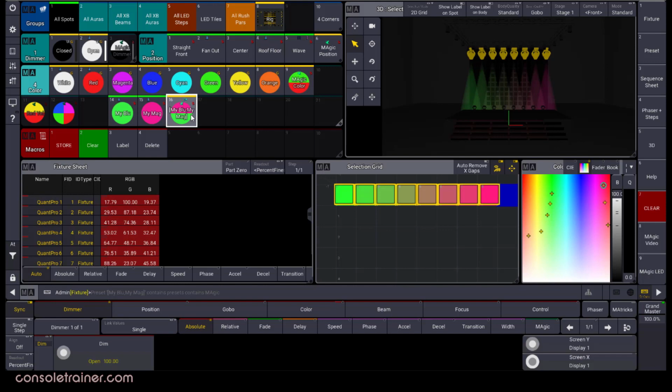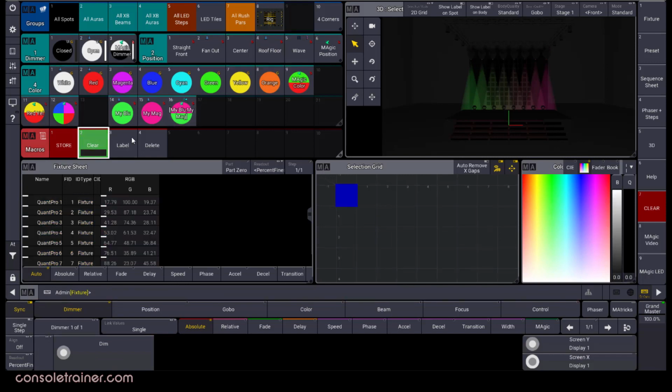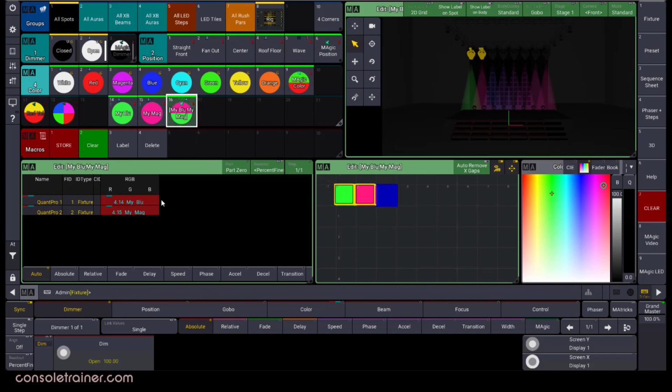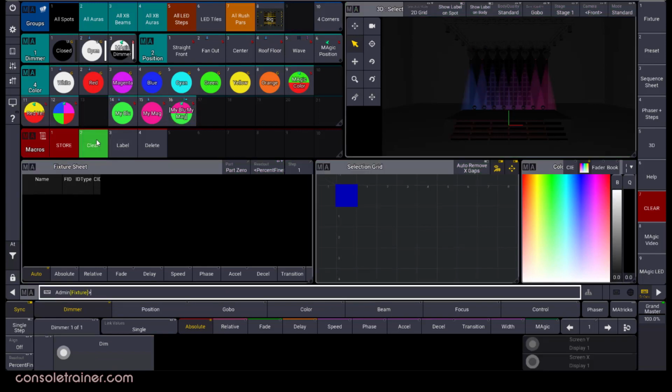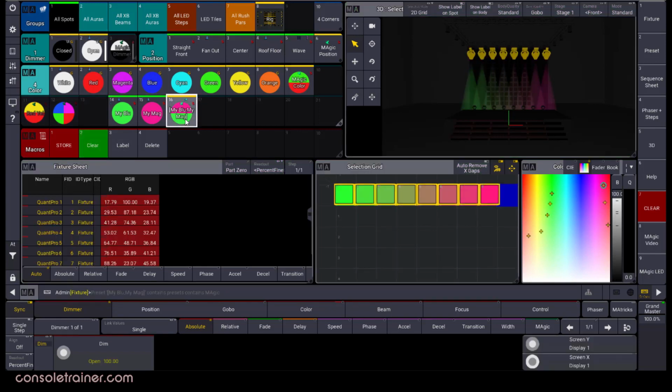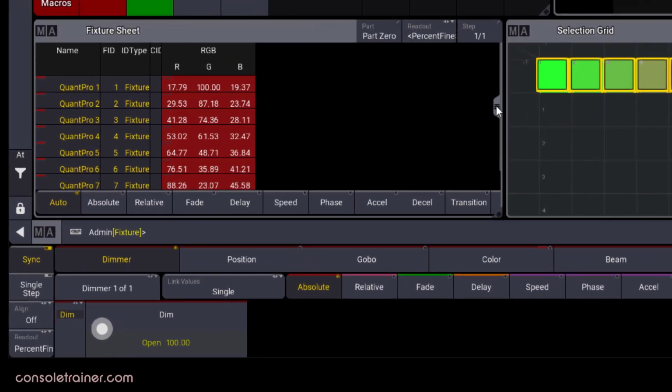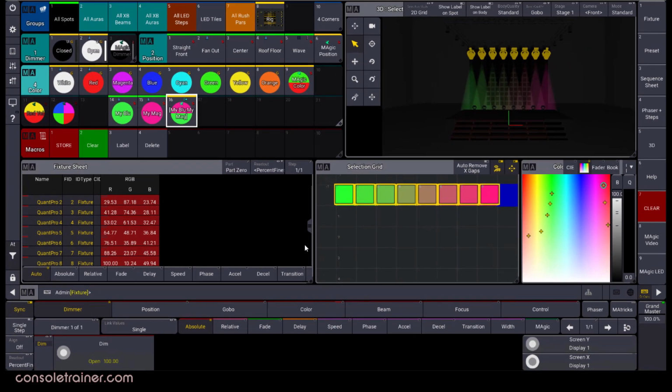Here's the deal. Remember that the info in your magic preset is like a template. If I edit the magic preset, I can see in the fixture sheet the embedded references for these original 2 fixtures. But when I apply this to all 8 of my units and I watch the fixture sheet, I can see hard values. So when I store it to a queue, what I'm storing isn't a reference to the magic preset. That's why when we updated the presets embedded in our magic preset, the preset itself got updated, but the queue does not. Which is a huge bummer, but I wanted to make sure that you knew what was happening.